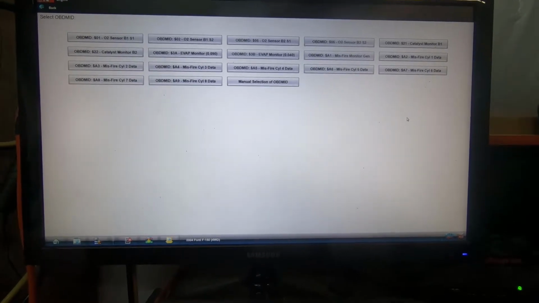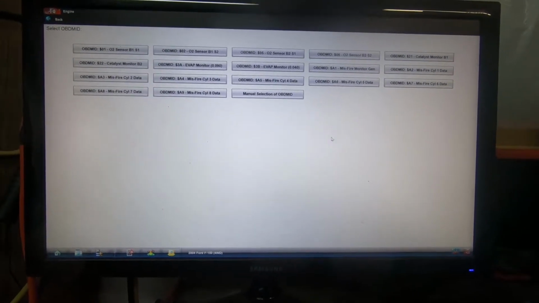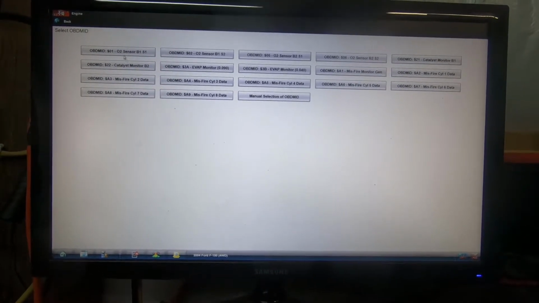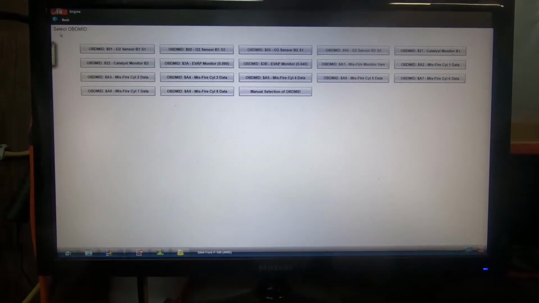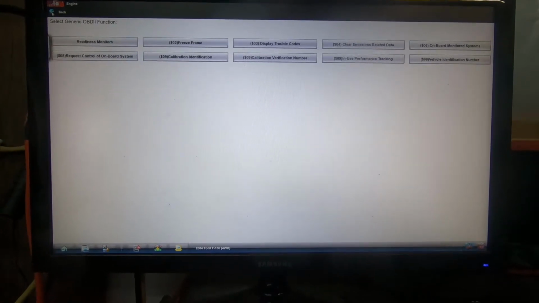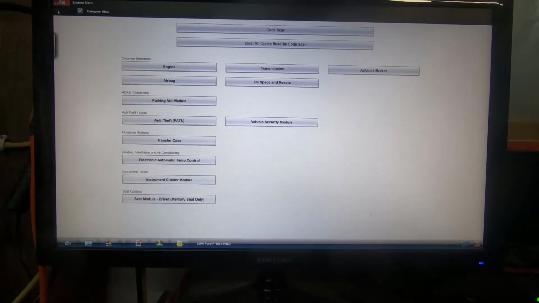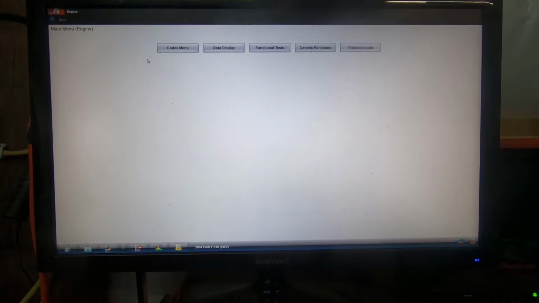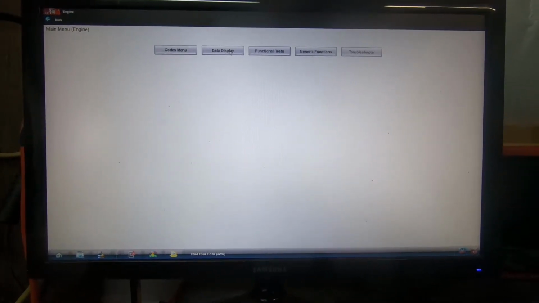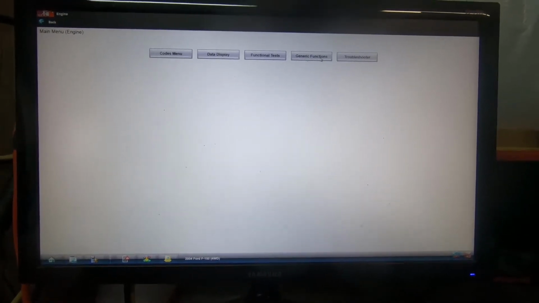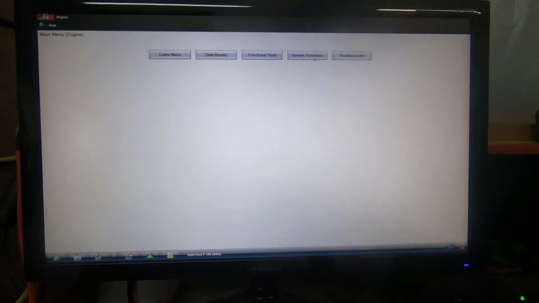Maybe. Okay, there it is finally. But we've got misfire, we got evap monitoring, oxygen sensors, got all that in there. And just to show you this, I'm going to back out of here. Going into engine, and I'm going to go into data display. I was in the generic function just to show you that you can use generic scan tools to check this kind of stuff, but